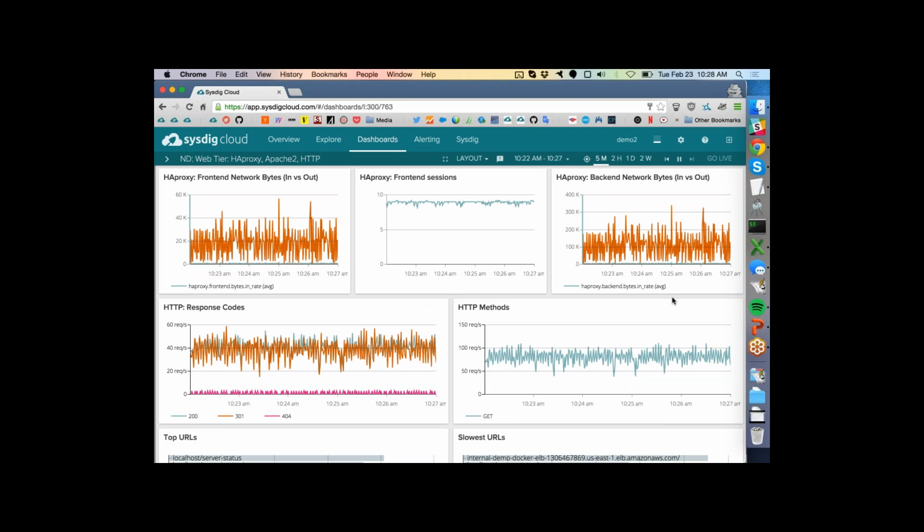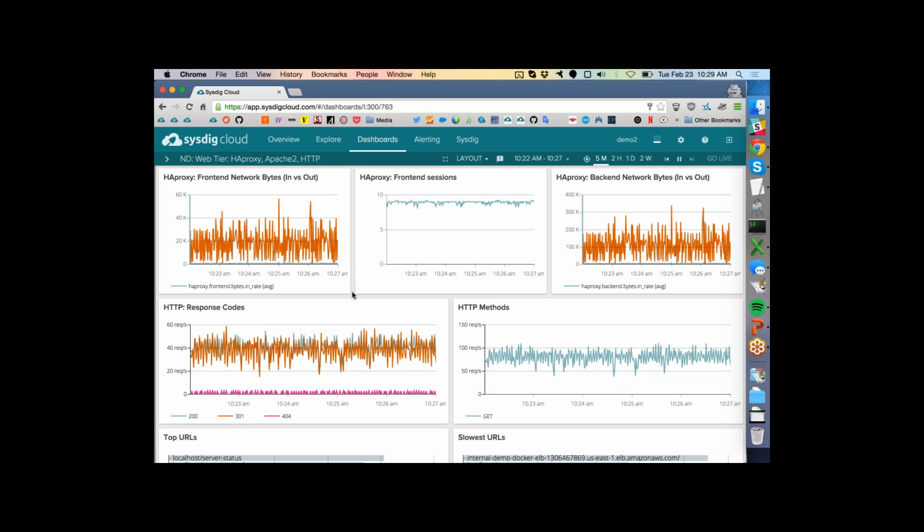None of that matters because we're able to understand the context of Kubernetes, and we could provide you your HA proxy dashboard here, which would show you the performance at the holistic level as well as down to each individual container, no matter where those containers are throughout your environment. That's what I mean when I say container native performance management.